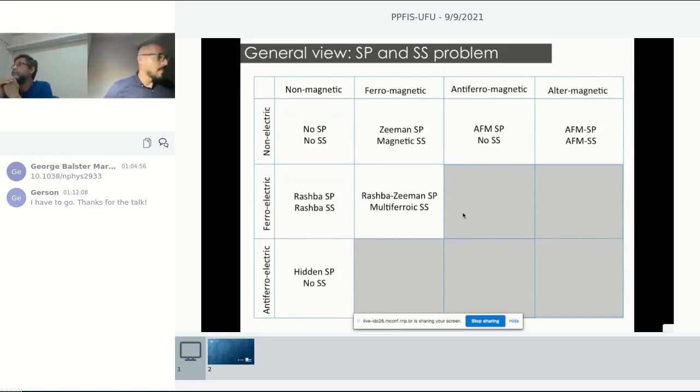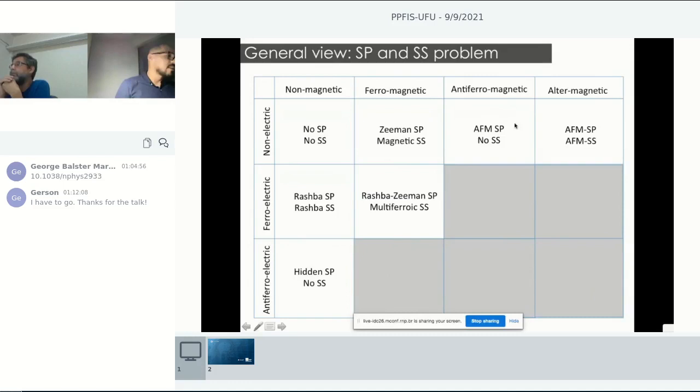interpretation of why I think we should invest time in this field. It turns out that we have the combination of magnetic and electric effects. So, for instance, here on the y-axis, we have antiferroelectric, ferroelectric, or non-electric components. And in the headers of the x-axis, we have non-magnetic, ferromagnetic, antiferromagnetic, or what is called altermagnetic. And it turns out that for each of these